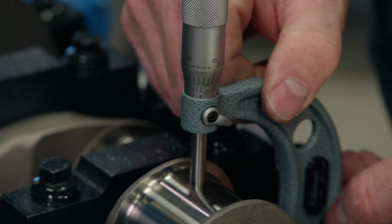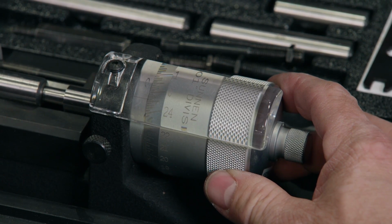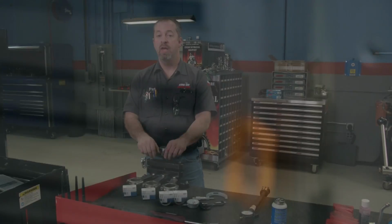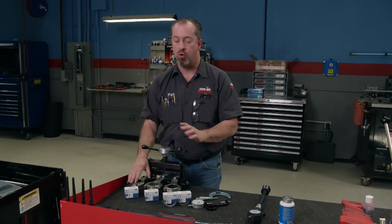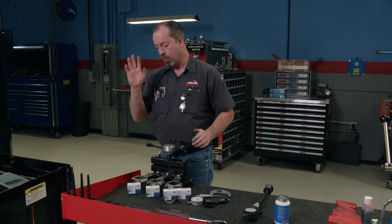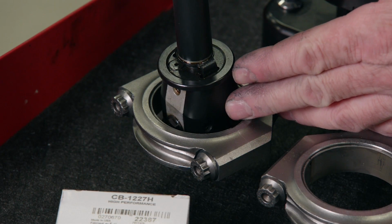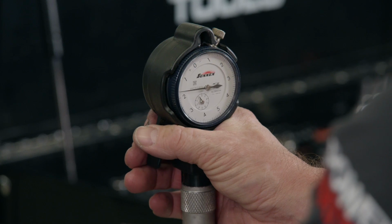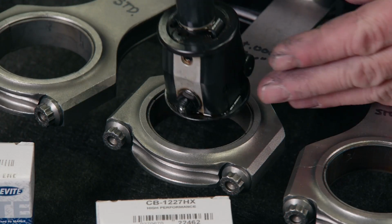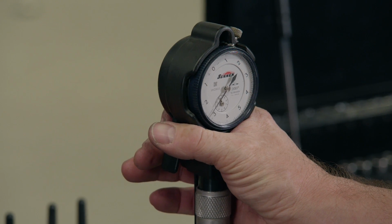For an accurate clearance reading, we carefully measure the journal with a calibrated micrometer and set our dial bore gauge to that precise measurement. Now we are ready to measure the rod bearing clearance. To give you an example, I have three rods that are torqued up and the bolt stretched, and our dial bore is set to our crankshaft's diameter. Now, what we're going to do is measure this first one, which is the standard. It measures 17 ten-thousandths, which is insufficient for what we're doing. With a standard set of X bearings in, which is one thousandth more clearance, it will be one thousandth more than that. And if it's all done right, we are at